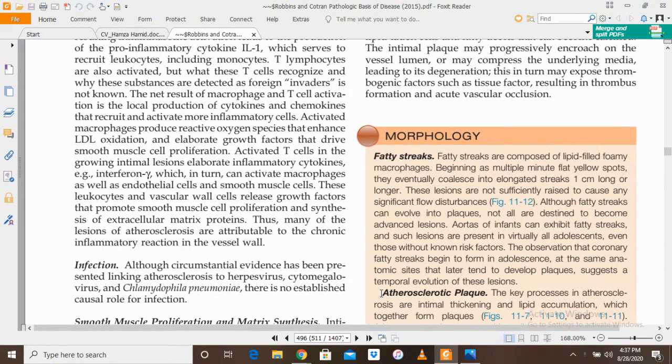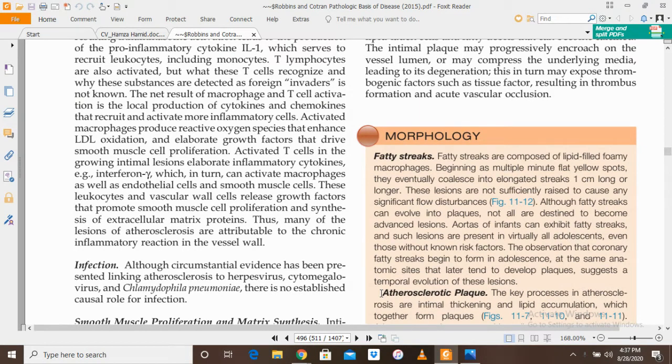In today's lecture, we will study about the morphology of the atherosclerotic plaque. In the last lectures, we have already studied about the pathogenesis, the risk factors, and very important information which do come in the exams related to atherosclerosis. Let's start today's topic, which is very comprehensive. Morphology of an atherosclerotic plaque.